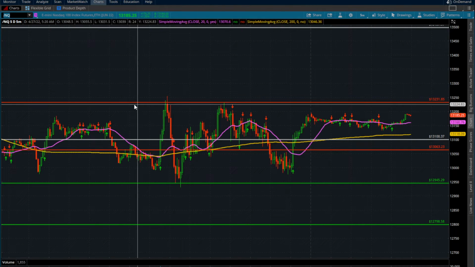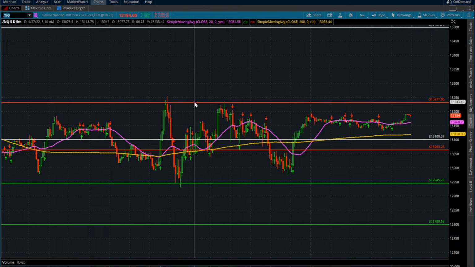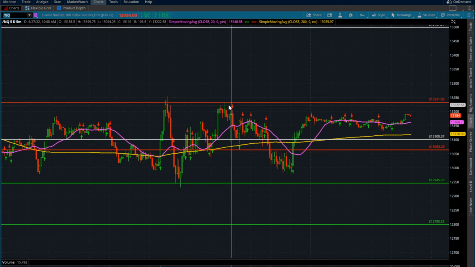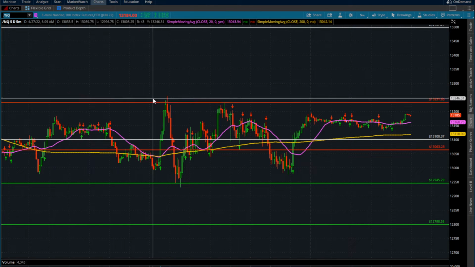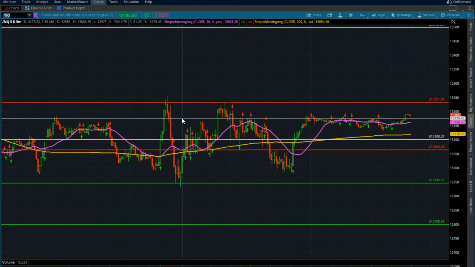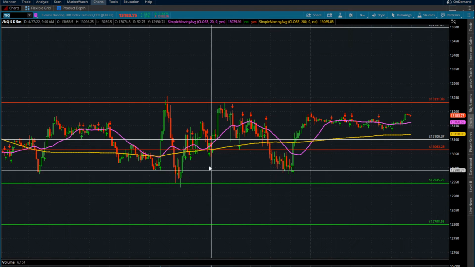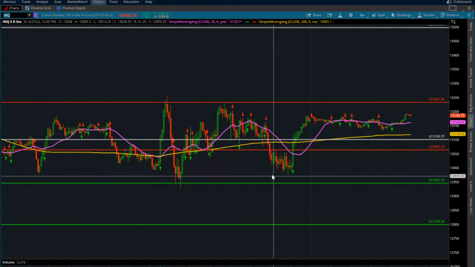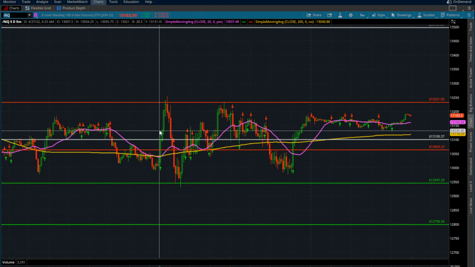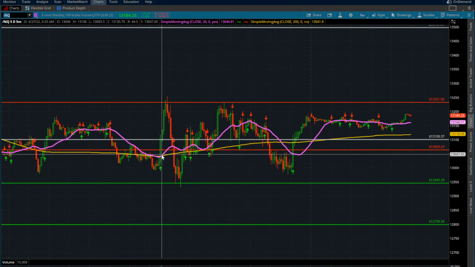Now, this is not a level that I just made right now for this video. This level was made yesterday, guys. So before we even touch this area, it was made. What is that telling you? I'm looking at prior price action always, and I'm going to do another video with new levels for us for tomorrow, which tomorrow is going to be the 28th. So I'm going to do a new one,